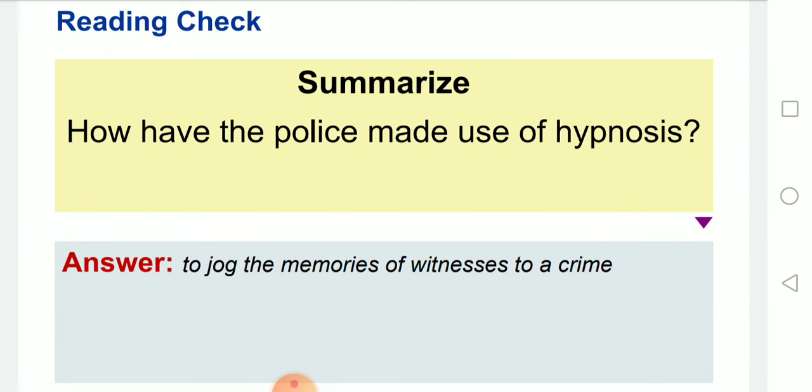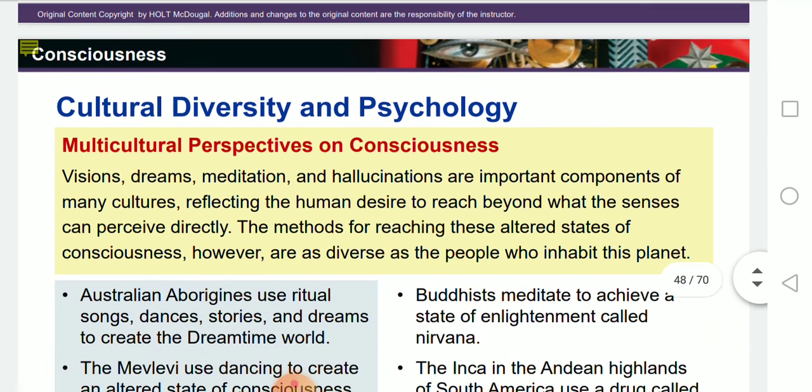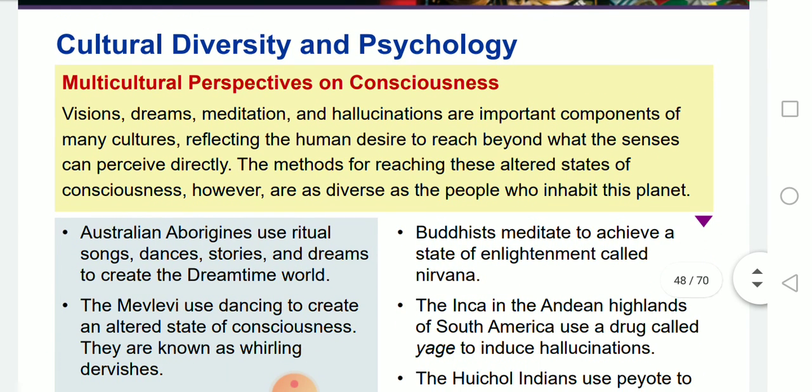How have the police made use of hypnosis? To jog the memories of witnesses to a crime, of course. Cultural diversity and psychology. Cultural diversity, what's the relation here? I have here visions, dreams, meditations,